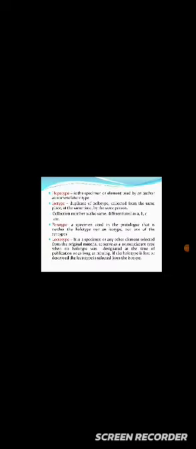Holotype is a specimen or element which is used by the author as a nomenclature type. Nomenclature type, as we have discussed, is a specimen on which a new species is described by the author. The holotype is chosen by the original author from a single gathering. That means a collection which is made by the collector at one time and expressed definitely at the time of original publication. So for publishing a research paper, a holotype must be chosen from the original gathering or original